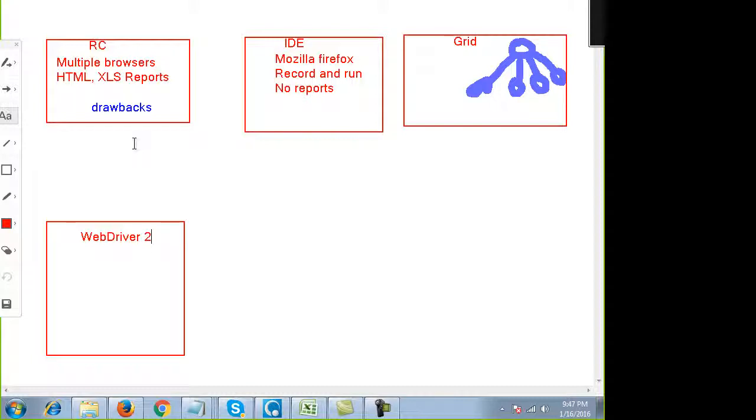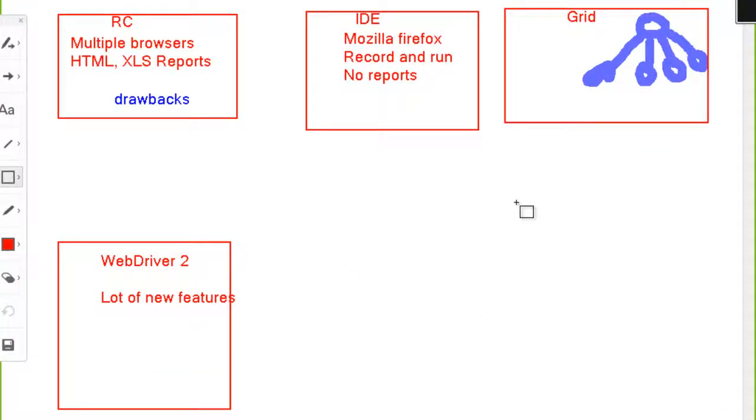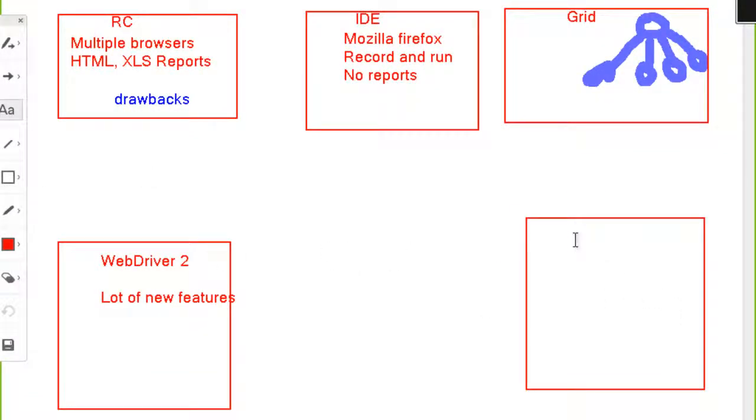You had to learn a programming language like we are doing Selenium with Java right now. And it introduced a lot of new features which we will be discussing in this training. IDE is still there, and Grid has converted into Grid 2, which supports WebDriver as well.